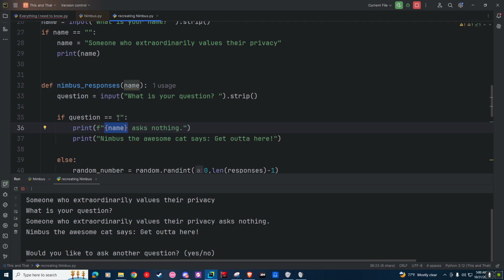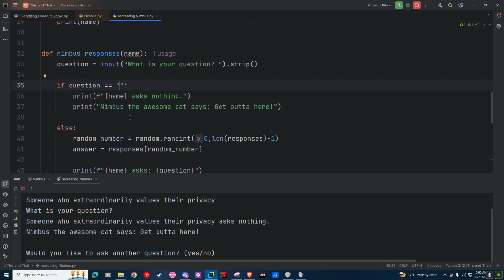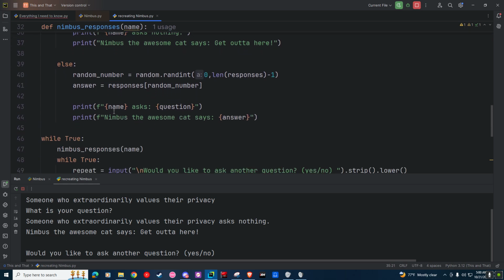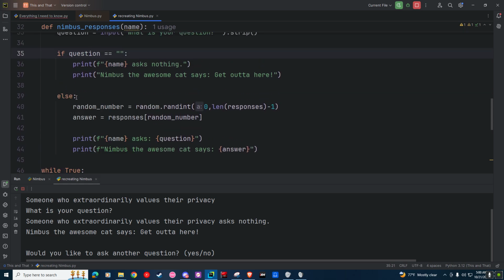Now, if someone didn't put a blank question, if someone really did type a question, it's just going to say else, which means it's going to proceed to this next one right here. And this one was actually generated by ChatGPT, and I really love how ChatGPT approached this. Like I've said before, I need a randomizer, right? So random_number is the variable that I need to contain a number that is generated based on randomness.